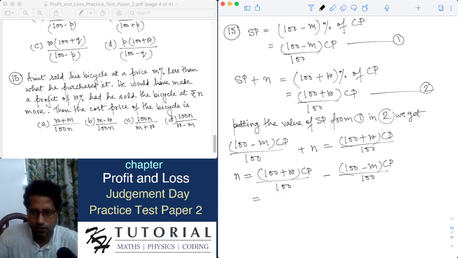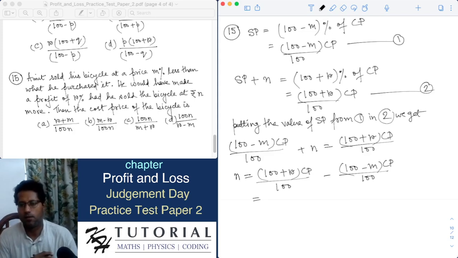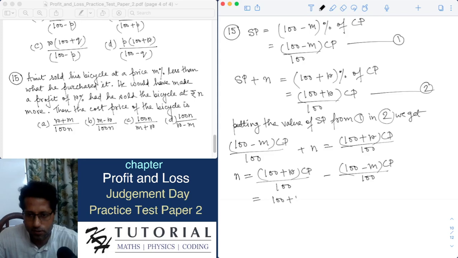Now if we simplify the right hand side, since the denominator is the same, we will have the numerator over 100, and this is equal to